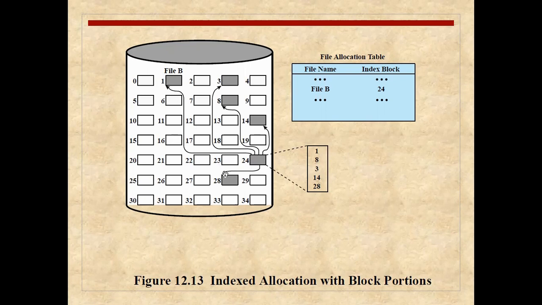That's why no data is there in 24. 24 will not be having any kind of data. It will be having only the addresses field for the other parts of the file. This is the index. That's why it is called index, because it will be having the index location of all other file chunks.